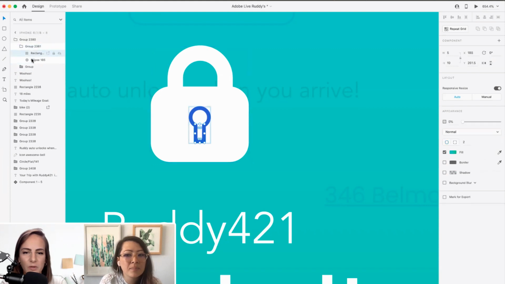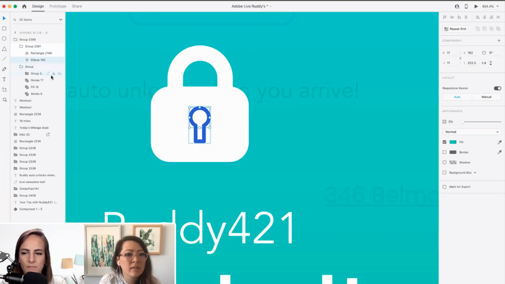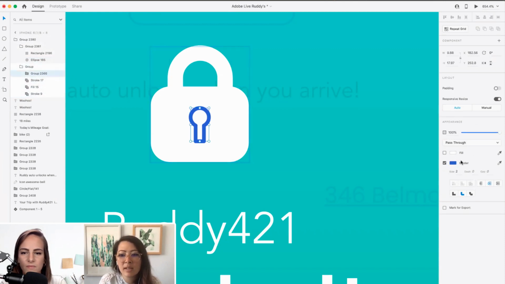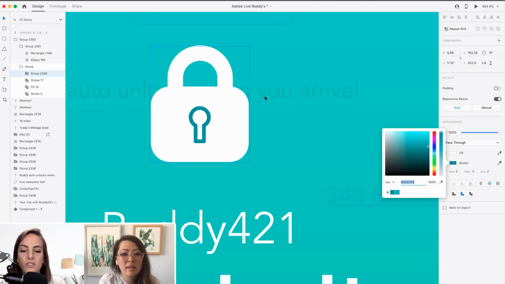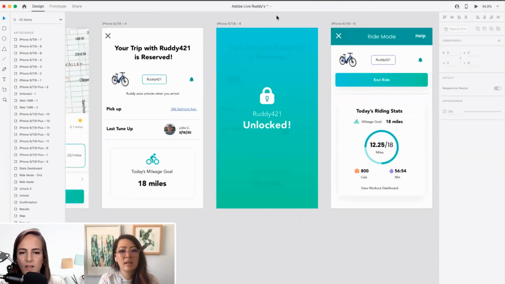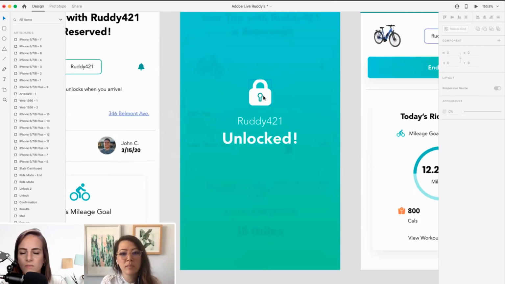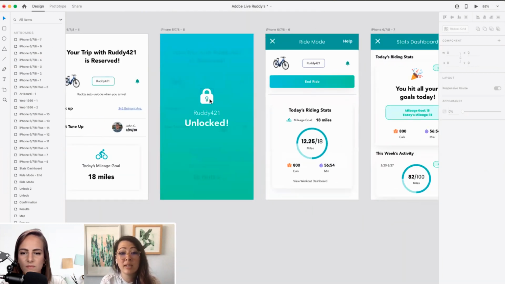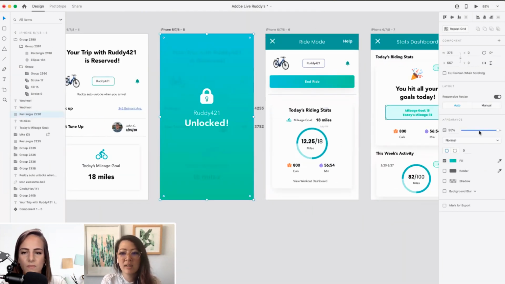I'm having a hard time figuring out how to change this color on this block. Oh, is it double grouped? It's weird because it looks like, oh, here we go. Sometimes with these things. Was this one of the icons you got from that plugin? Actually, no. I just changed it. I literally just took a lock from my previous design and placed it in here because I didn't like that lock from yesterday.